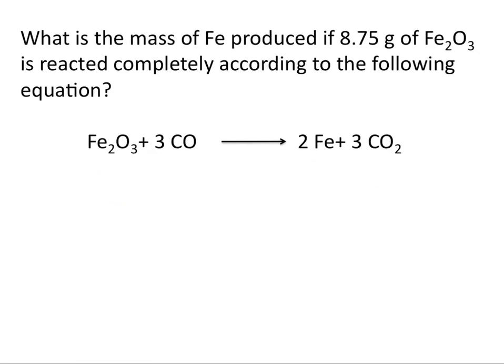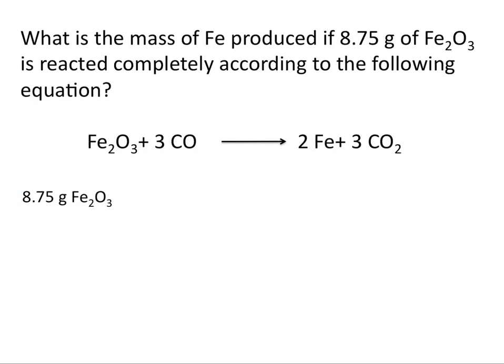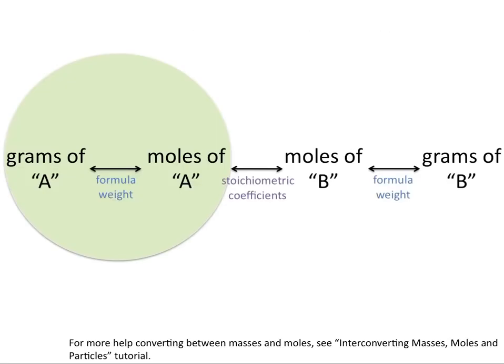So let's try an example. What is the mass of iron produced if 8.75 grams of Fe2O3 is reacted completely according to the following equation? Again, our first step is always to double check to make sure that your reaction is balanced, and in this case it is. Then we'll start with 8.75 grams of Fe2O3. We know that we need to use a conversion factor. So what are we going to convert grams to, and how are we going to do that? Well, we know that we need to